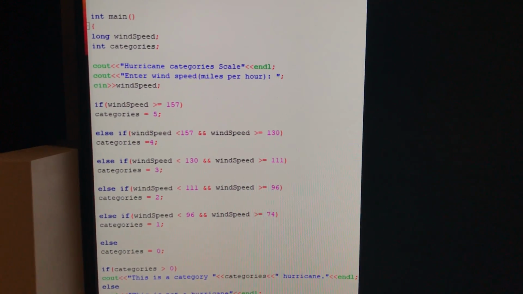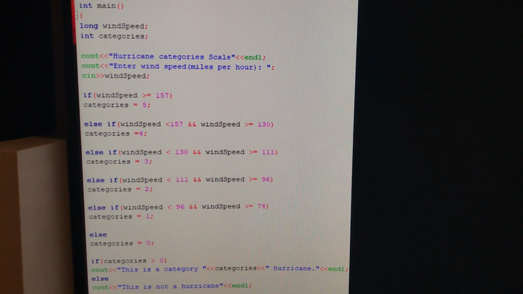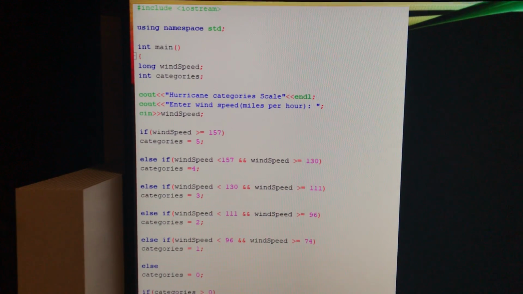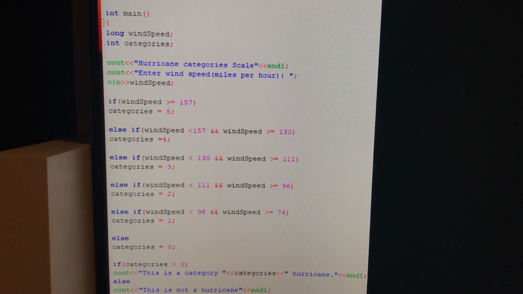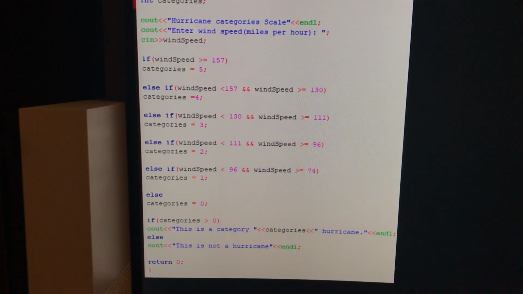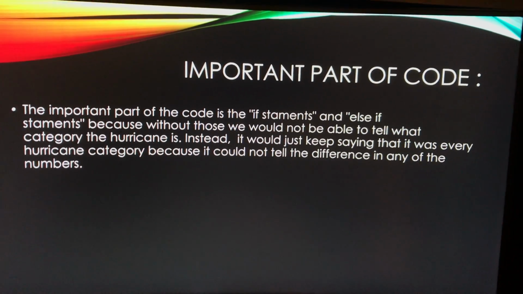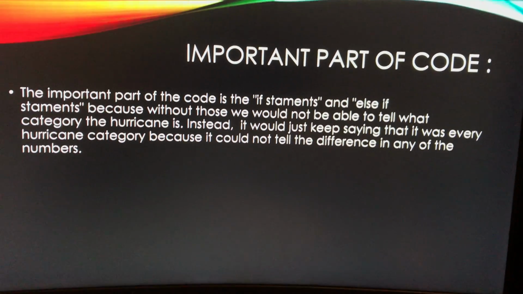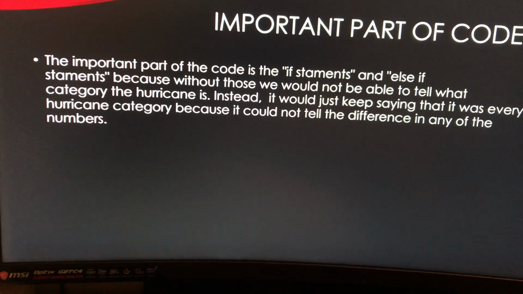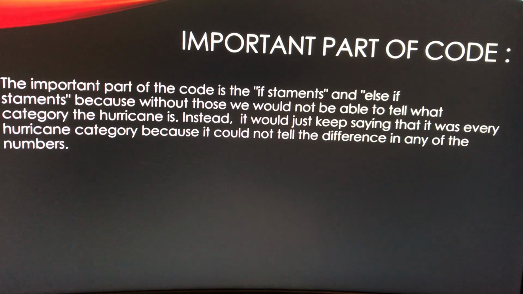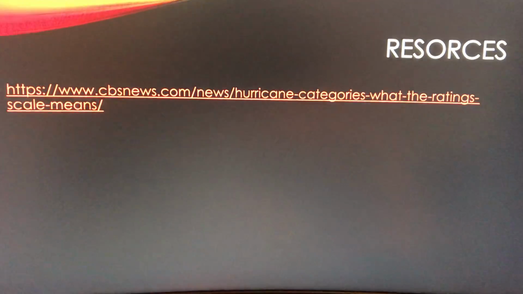I could say 156, it'd go up to a category 4, or anything higher than 157, it will be a category 5. That is the purpose of the if statements and else if statements. The important part of my code is the if statements itself because this allows the people to say, well, if it's this amount of speed, then it will determine which category of hurricane it will be.